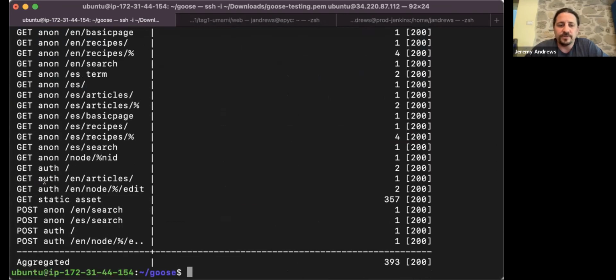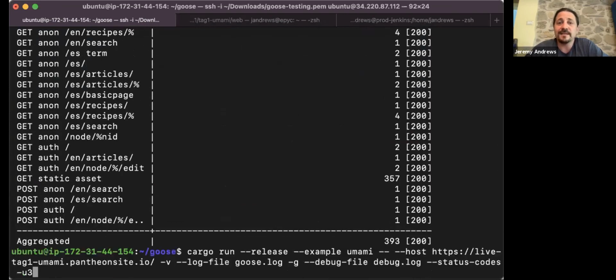So now what we're going to do is spin up a more realistic load test. We're going to kick off 1,200 users. We're going to launch them at the rate of 2 a second. And they should all launch in about 10 minutes, but we'll let it run for about 20 minutes so that there's ample time for it to put some load on the system.